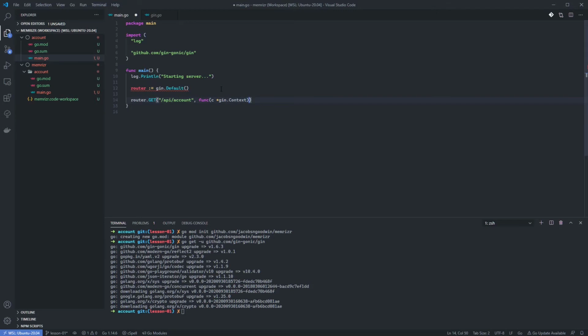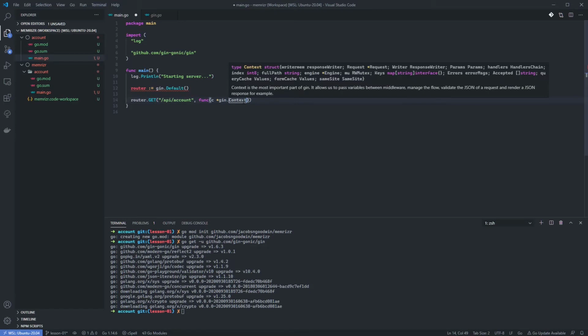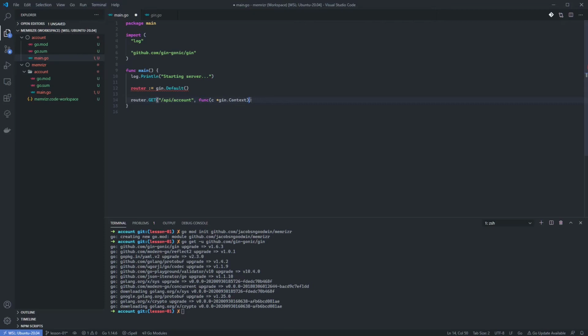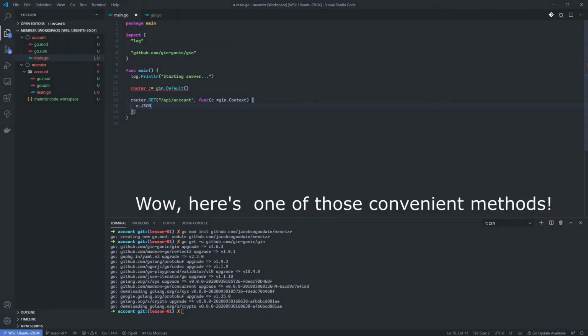And Gin takes this context, which has the HTTP response and request. You might be used to seeing the req and res type thing in a normal HTTP router in Golang, but this c just has some convenience methods and tools on it. So let's do c.JSON, and we're going to return